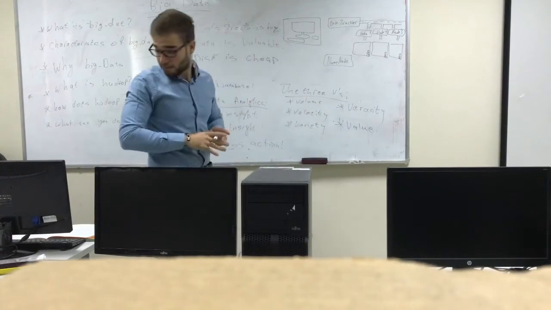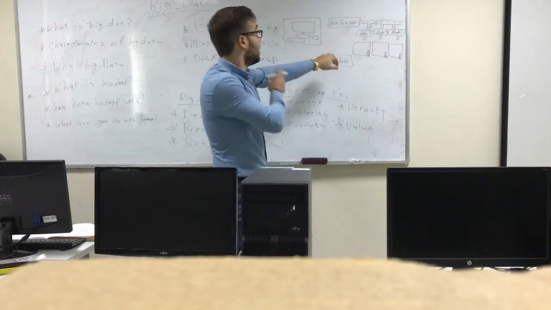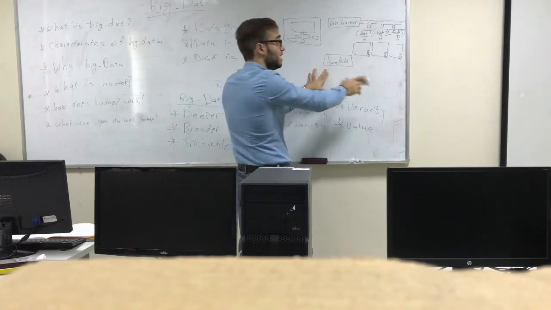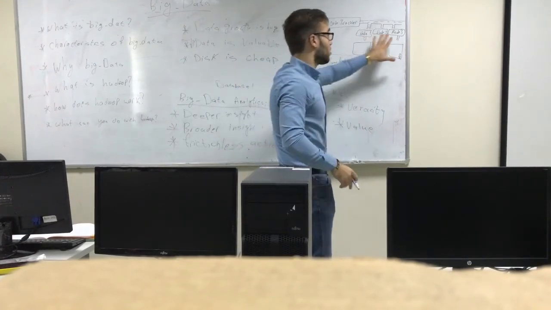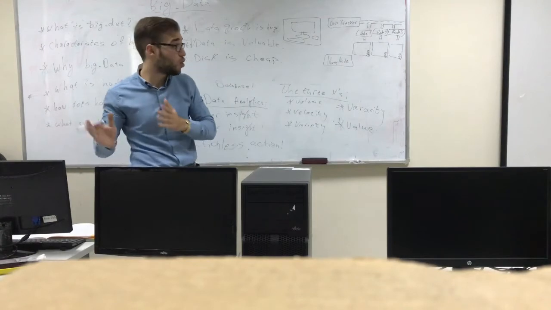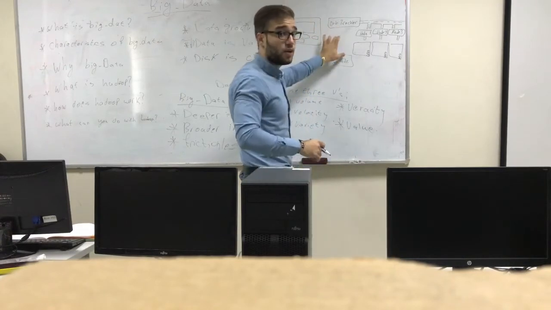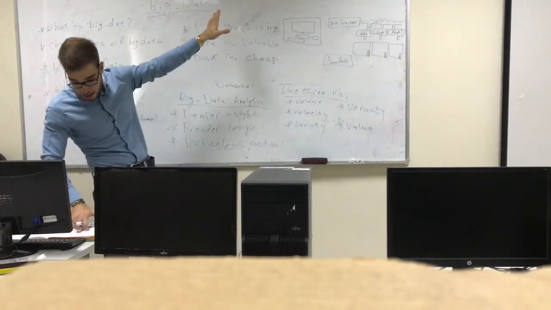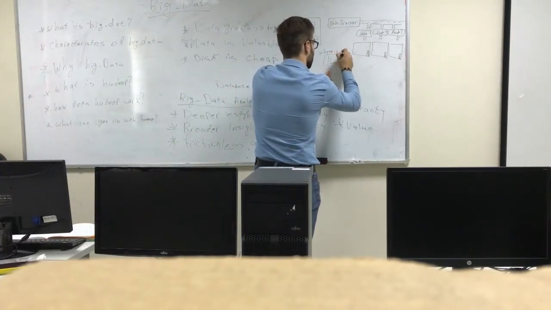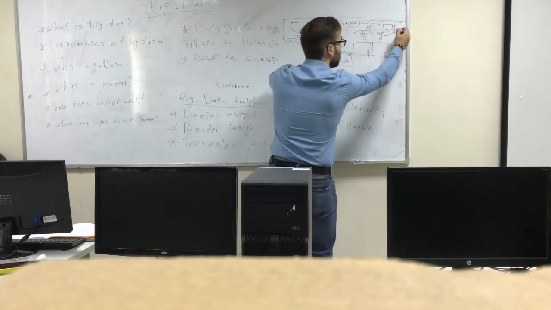Let's say first of all we have this one right here. This is the main computer, where the output is supposed to be. We have the name node, which knows where each file is located. These are the nodes. Each node has its own processor, which works on its own to search for a specific file. And this is the job tracker. The job tracker first sends the input file request to the name node, and asks, where is the input file? The input file is located at node 1 and node 3.